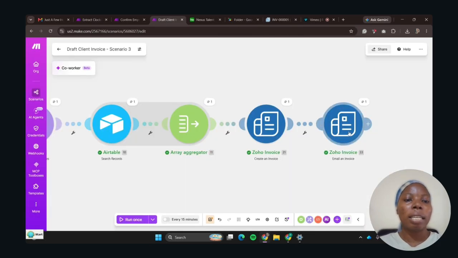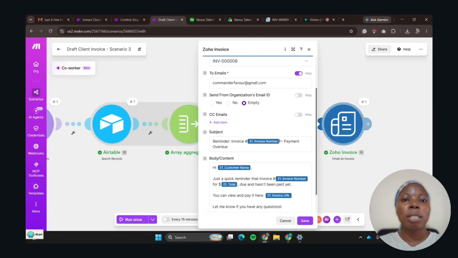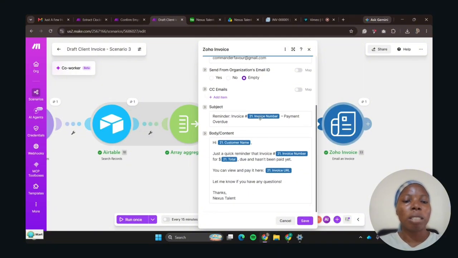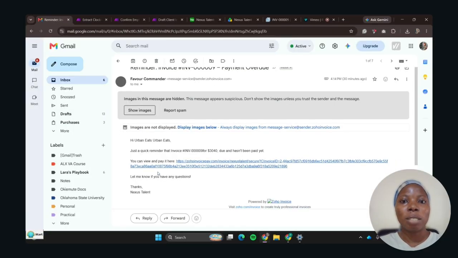Then another thing I did was to send them an email, because it's not just about creating the invoice, but to ensure that they get the invoice and pay. So this particular email that I added here is to be sent to the client. Once it's sent to the client, everything is mapped from the previous invoice that was created, to the total amount. And I also include the URL, what it looks like,